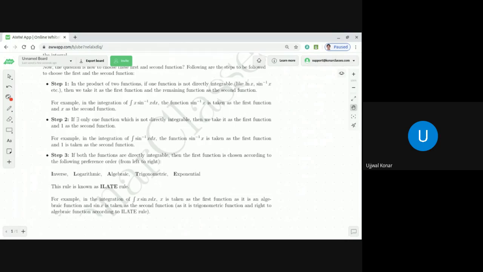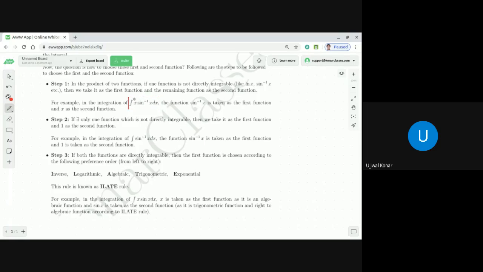What is step 1? In the product of two functions, if one function is not directly integrable and the other is directly integrable, then we can take the function which is not directly integrable as the first function. Let's take an example. If you look into this example, the integration of x into sine inverse x dx,